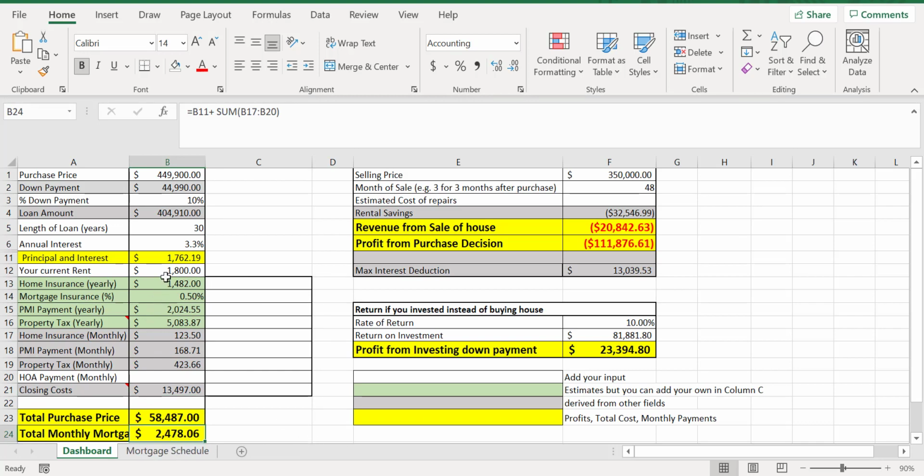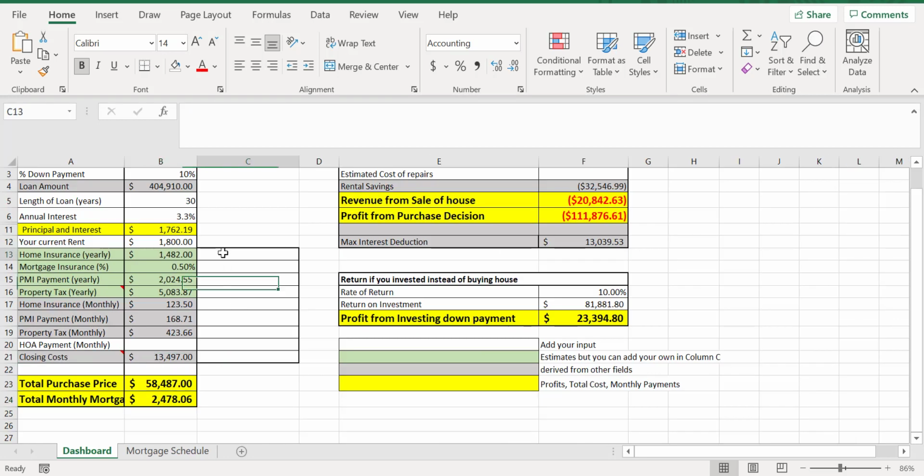All these numbers here are estimates, but if I find out the actual, I could just type it in. Like if tomorrow I find out that the homeowner's insurance for this property I'm looking at is 2,000 per year, I'll just type it in right here, right? If I find out that the PMI that I'm going to get yearly would be 5,000, I'll just type it in, right? And as you can see, the monthly mortgage number changes as I change the number, right? The estimates are good enough for me because it's really about understanding the math behind it,